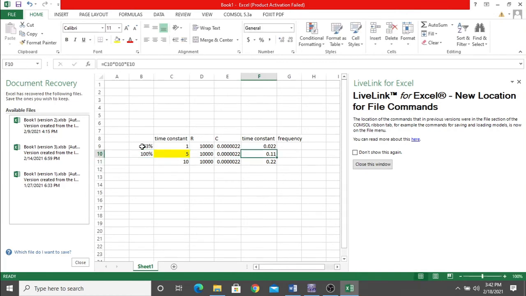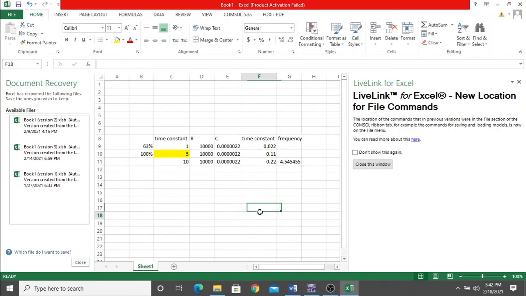So what we are going to do is find 10 time constants and convert this into frequency, which is simply the inverse of time. So we need a 4.54 hertz frequency to get a complete charging and discharging circuit in which the capacitor is completely charged in the required pulse rate.